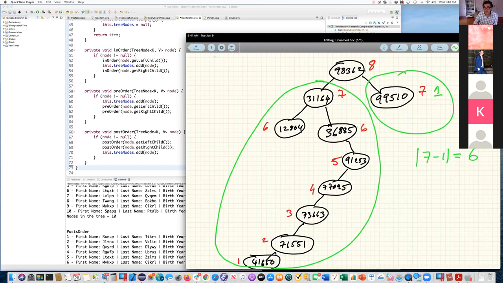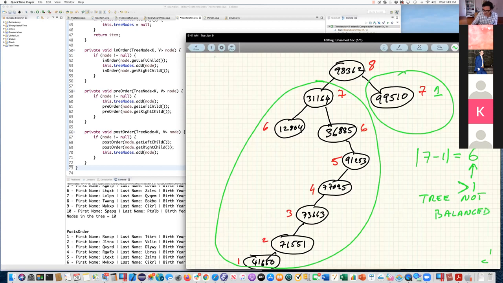That's the height difference between the left subtree and the right subtree. Any number greater than 1 means the tree is not balanced. Not balanced.